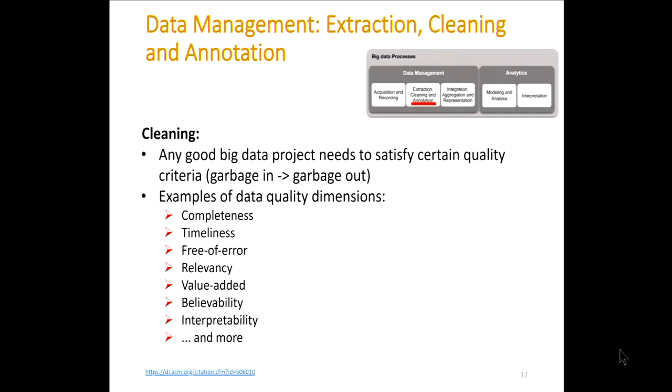So it's useless for you to use something that has a lot of errors, because, let's say, in a sensory data use case, you have a sensor and you're acquiring data from that sensor, and that sensor is